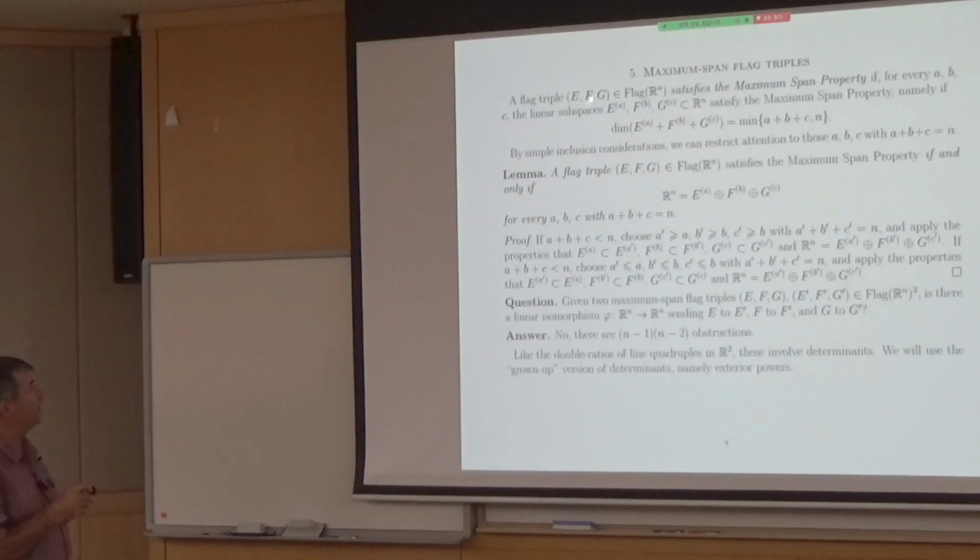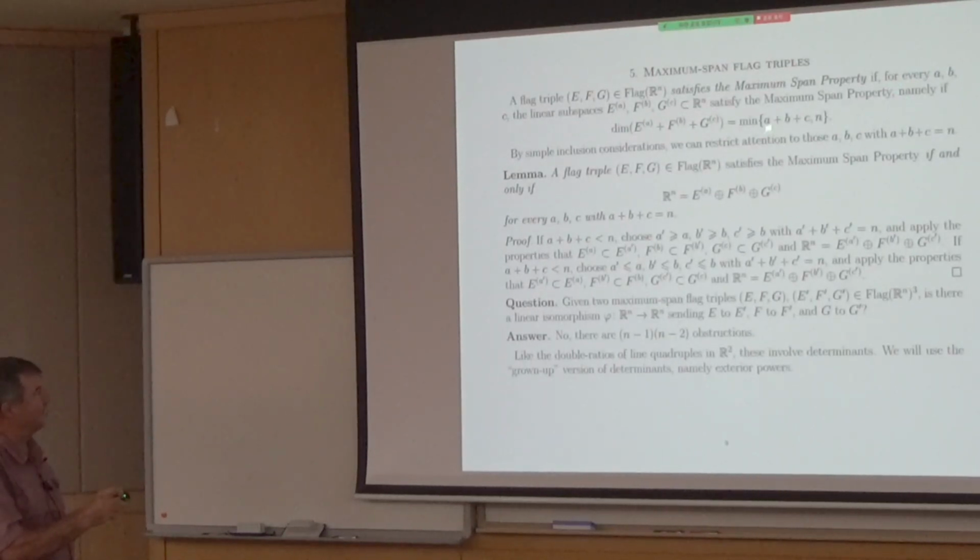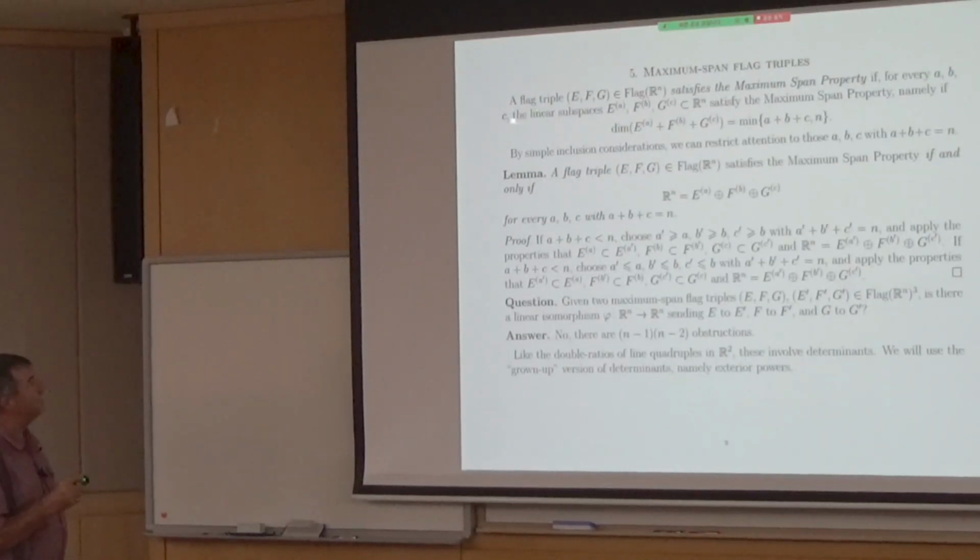I'm going to say that a flag triple satisfies this property if for every A, B, C, the subspaces contained in these flags E, F, and G satisfy the maximum property, namely if and only if the dimension of the sum of these spaces is the minimum of the dimensions, which in this case is A plus B plus C and N. Okay, now by stupid considerations, instead of looking at all the A, B, Cs, you can restrict attention to those with